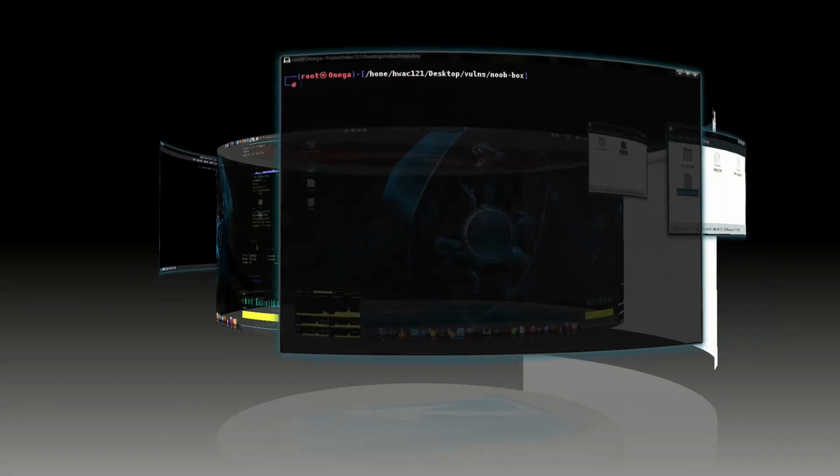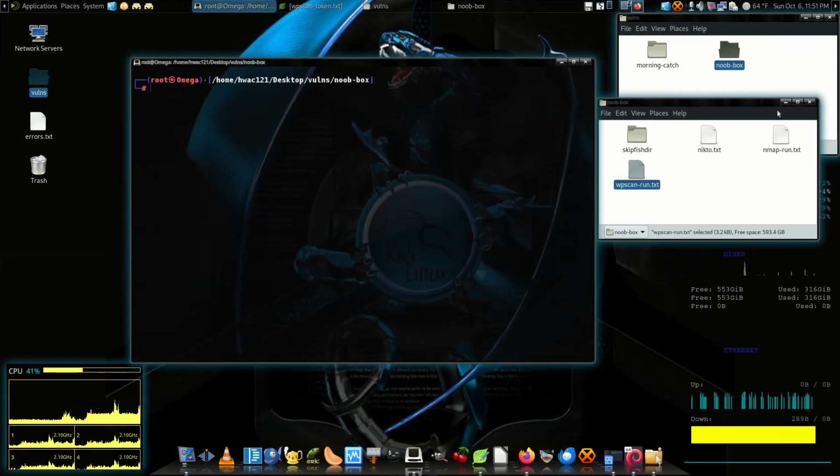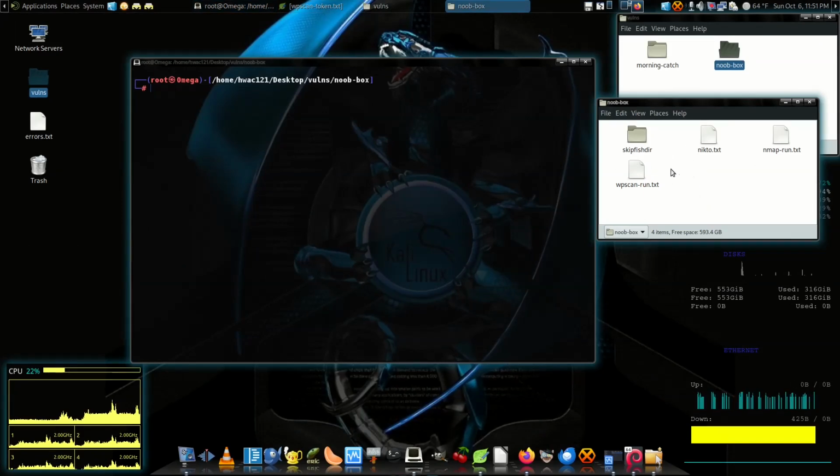So if I go over here, now I've already run some of these processes because it's fairly easy to run. I'm going to lightly touch on them and show you my thought process of going through this. The first thing I've done is I ran netdiscover, and if you were to do that,